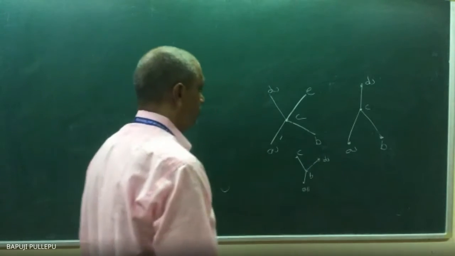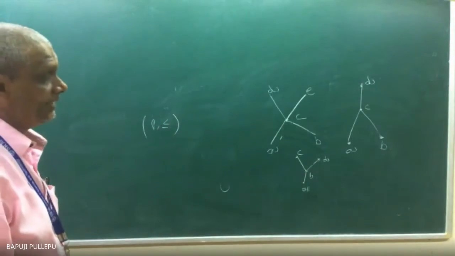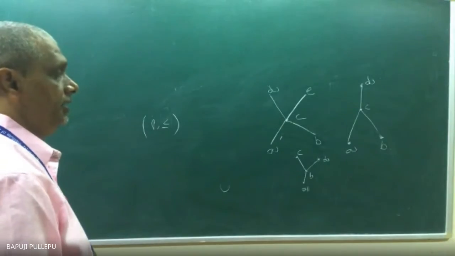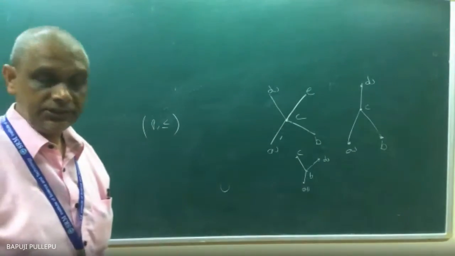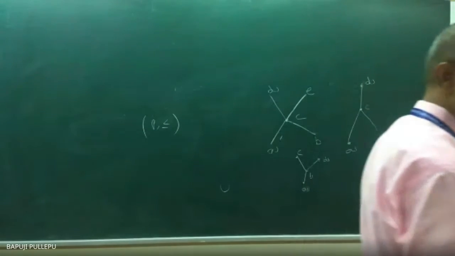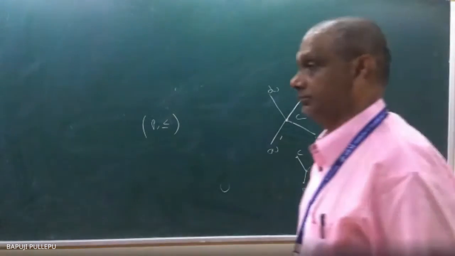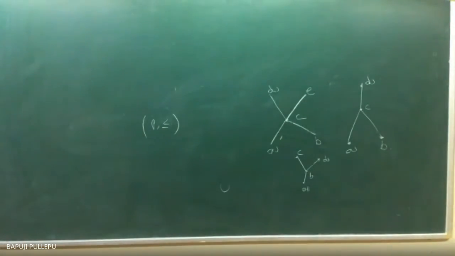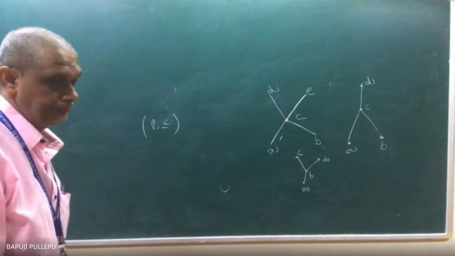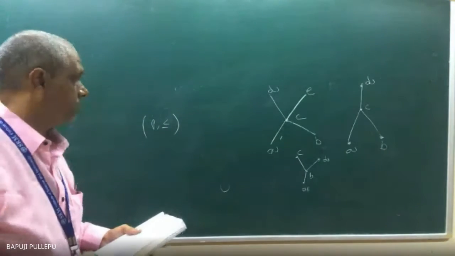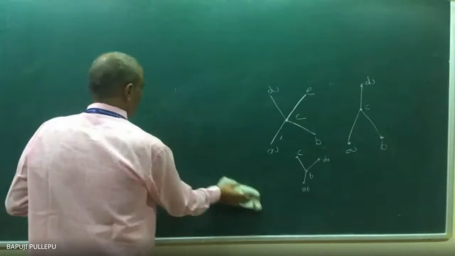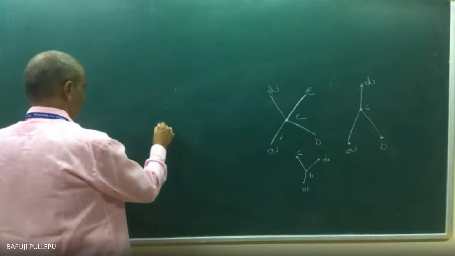Now from this relation, how can you say? AD, BD, AD, BC, AC. But C and D are not related. Now who is the minimal element, who is the maximal element? So minimum is A. Very good. Maximal? C and D. Very good. Good. Then only one person is answering, the remaining I don't know.